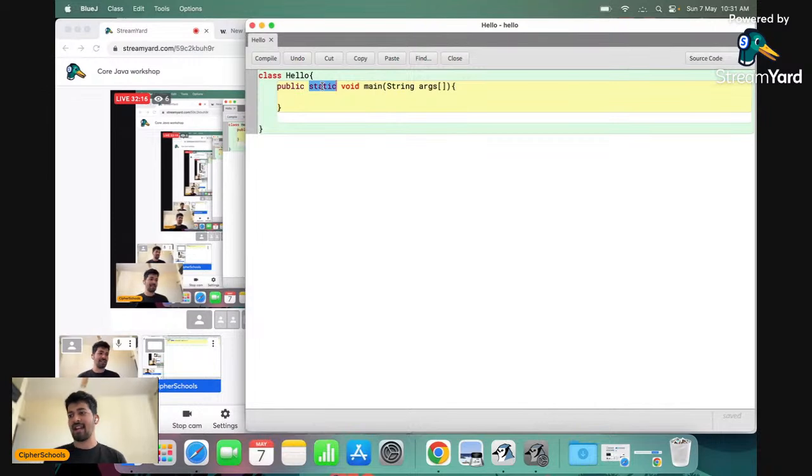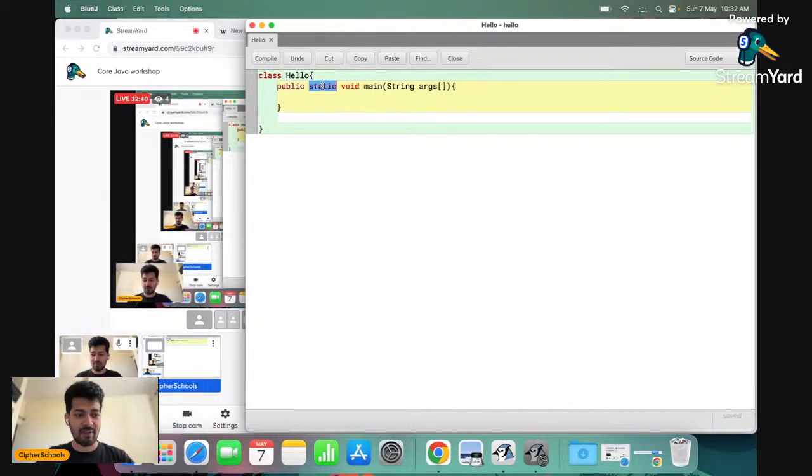So when we talk about static, if I just read out a definition for you guys, it is a keyword used to indicate the method or a variable belongs to the class itself rather than to instances of the class. Now, this is a very fancy definition. A lot of times when I ask people in an interview about static, they end up throwing this at me and I don't understand anything. Instance, instances, all these keywords get used.